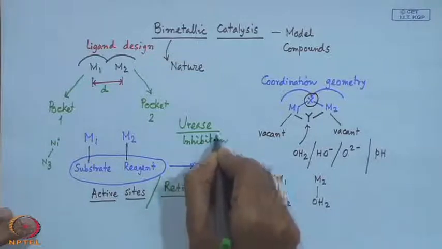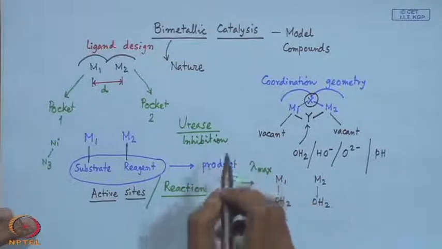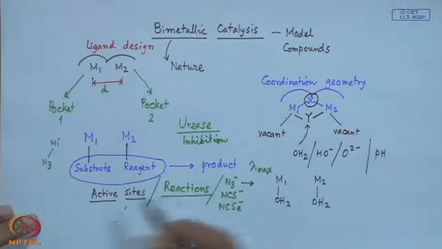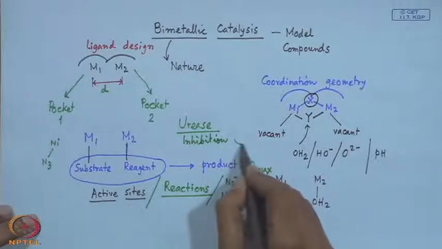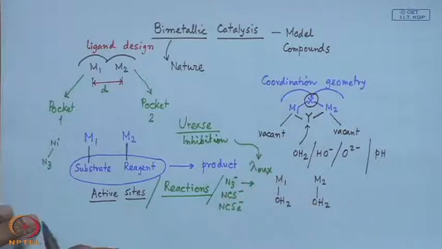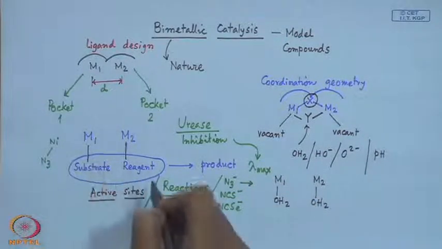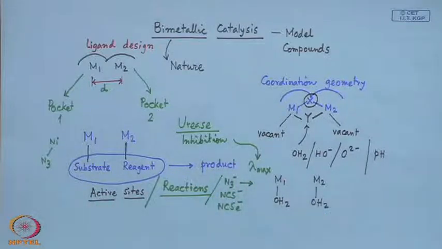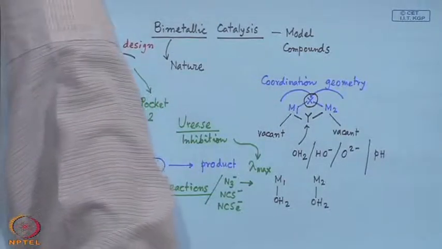So, inhibition study, that catalytic inhibition study can also be done by looking at some of these exogenous groups which are coming there and binding to the nickel site, by simply looking at your corresponding lambda max values. So, that gives us not only the substrate binding or its transformed product, but also some kind of inhibition, if it is possible to achieve there at the active site, that can also be studied.